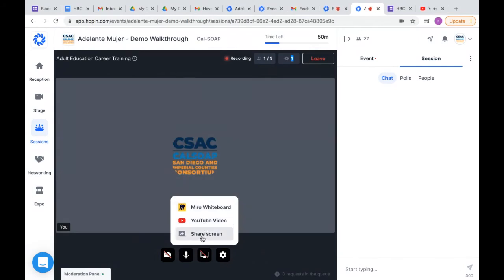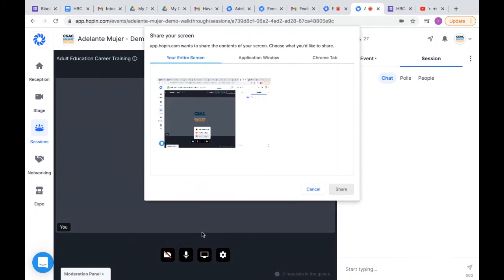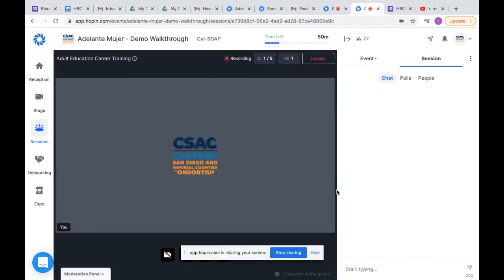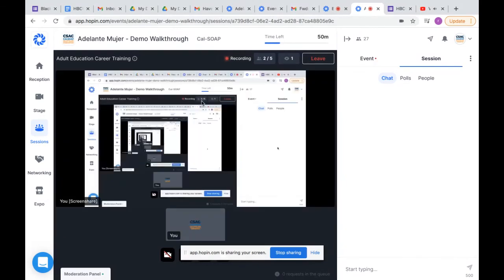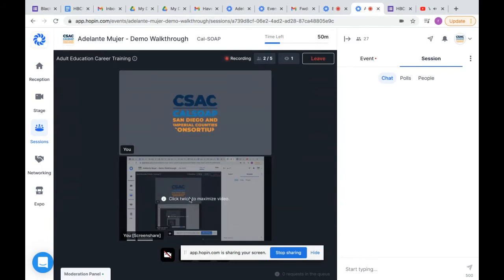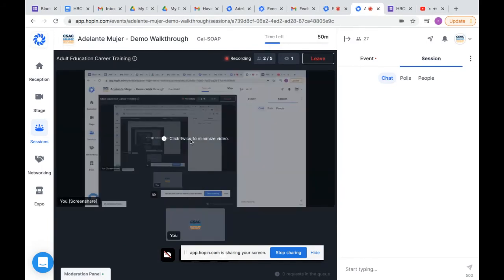You can share directly. You can do YouTube. You can do a whiteboard session if you want. You can share your screen. Click the actual image, and then this blue share button appears. So allow all the pop-ups that Hopin asks in Google Chrome when you're trying to share your screen. Hit share, and then now you're able to share. You can click it twice to minimize it, click twice to maximize it,